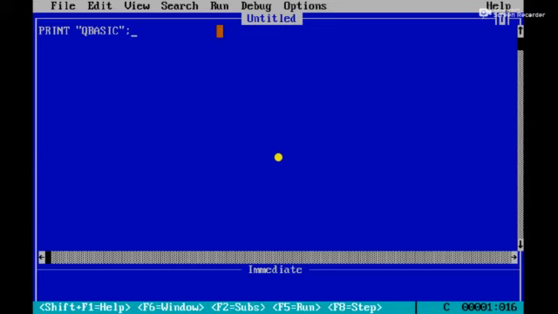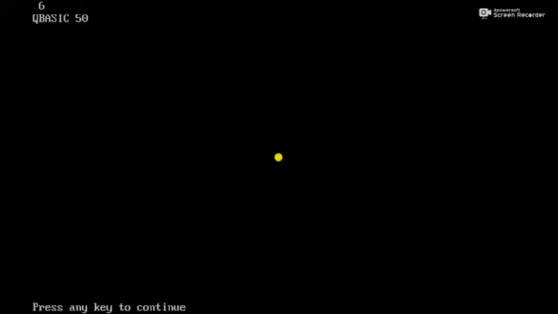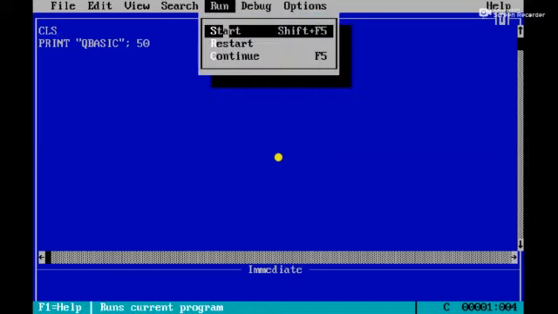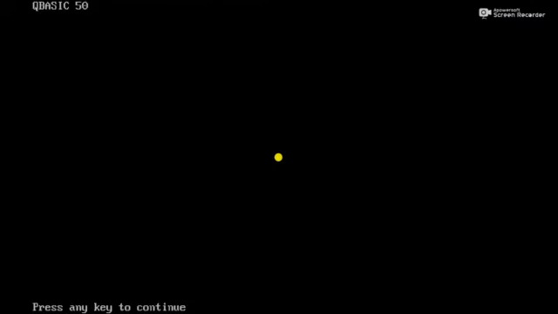See here, a message QBasic, and also a number I am going to print. Okay, so let me check what the answer will be. Start. See here, QBasic 50. I forgot to give a clear screen. Okay, I am going to use CLS. See here. Now we will check. Start. QBasic 50.